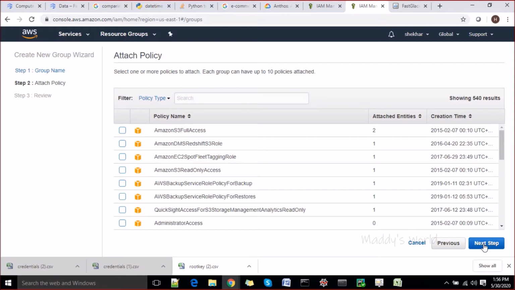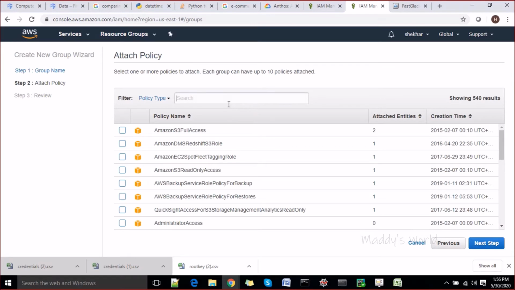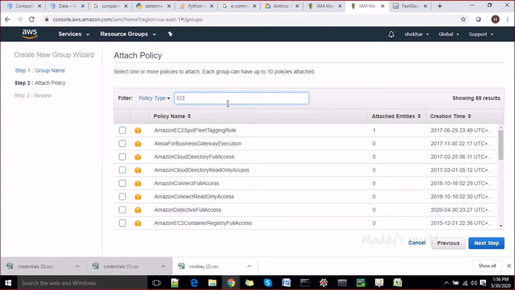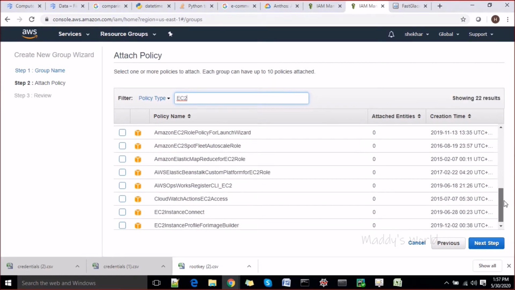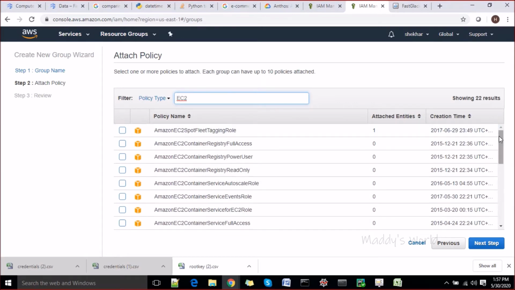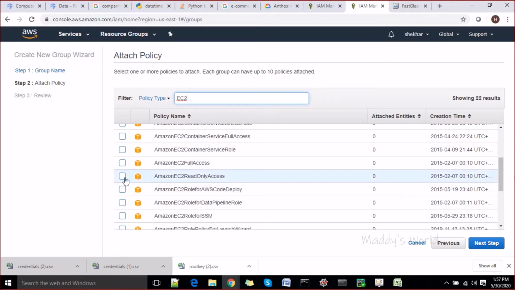The next thing is access. What kind of access are you looking for? Let's search for a policy, or filter for policy. Let's say I am going to filter some EC2 policies here. I will attach some policies to it, let's say EC2 read-only access, and I'll not give full access at this moment.